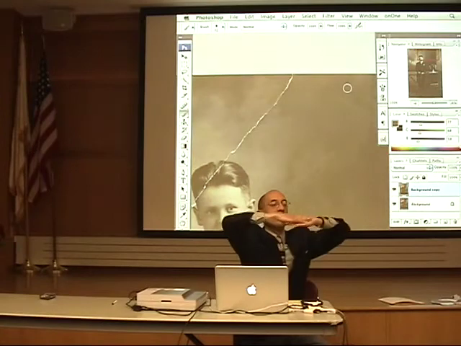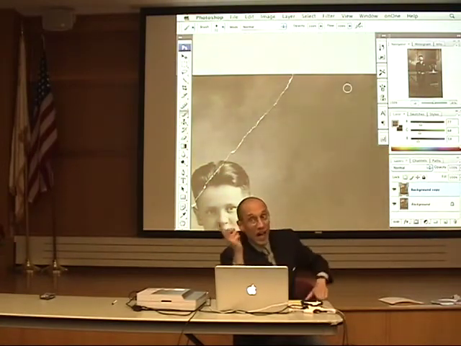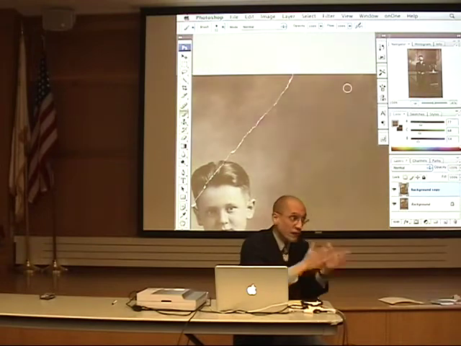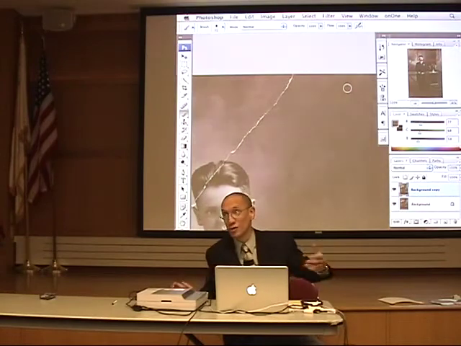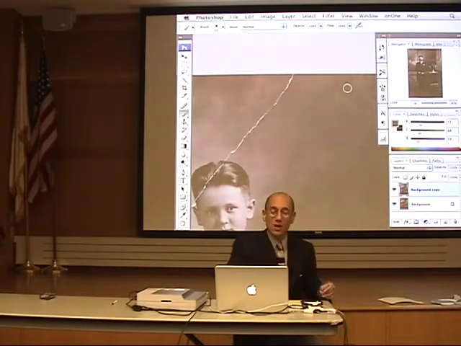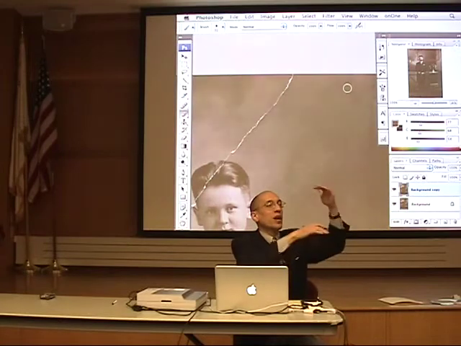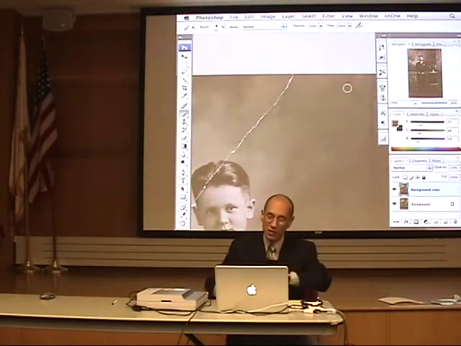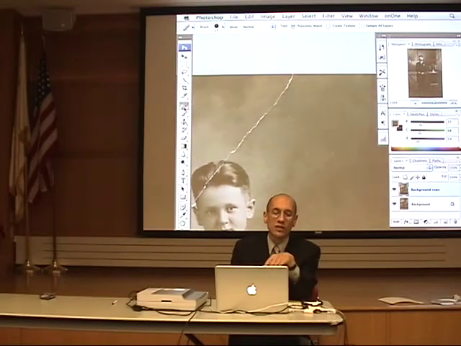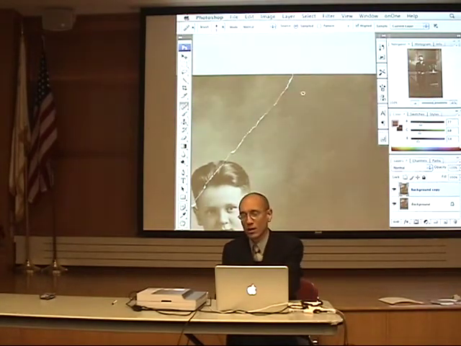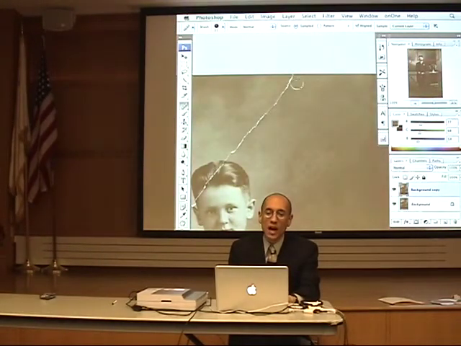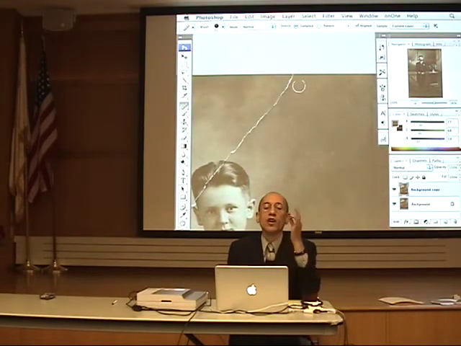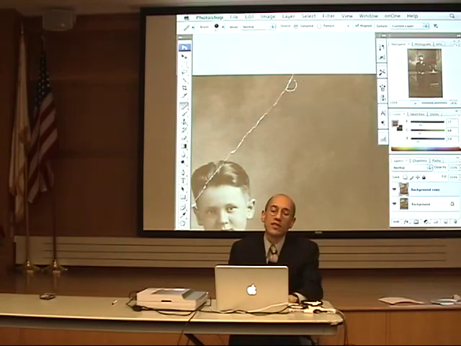And what this does is this is not a duplicate file. This is a duplicate layer, because within a file you can have multiple layers. And if you don't save it and you close it, or your computer crashes, you lose everything, no matter what. But this allows you to work on one layer independent of another, and it's easier to make changes. Let's watch. I'll grab a handy tool called the healing brush. And I will hit Alt-Option-Click on a good area to tell Photoshop, look, I want you to remember this area. Then I will put the paint